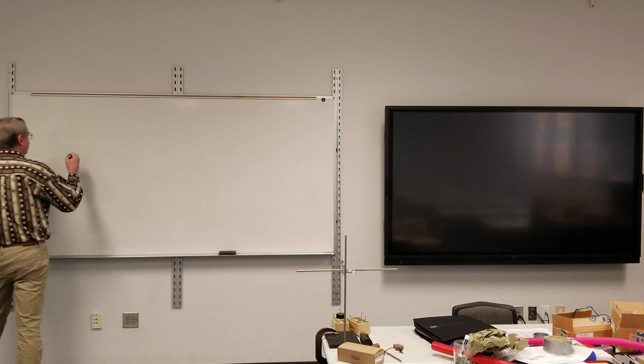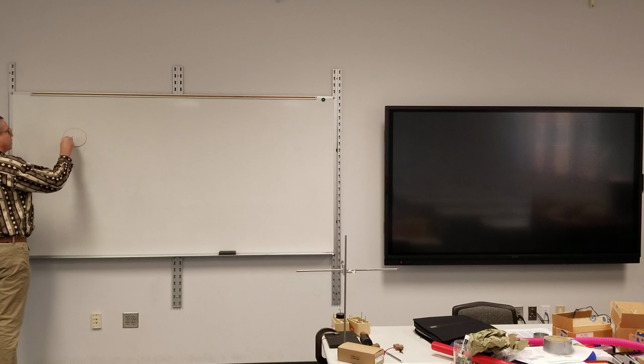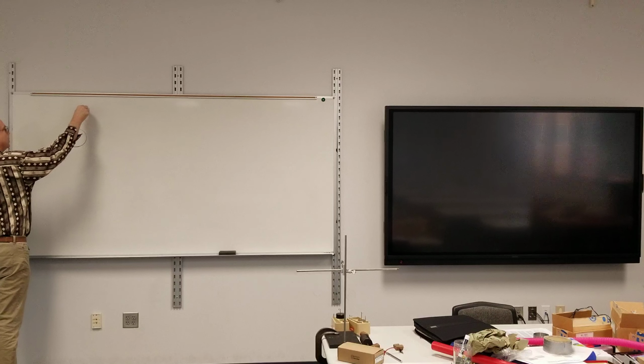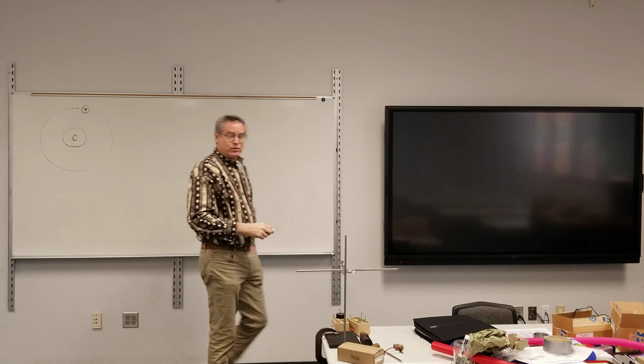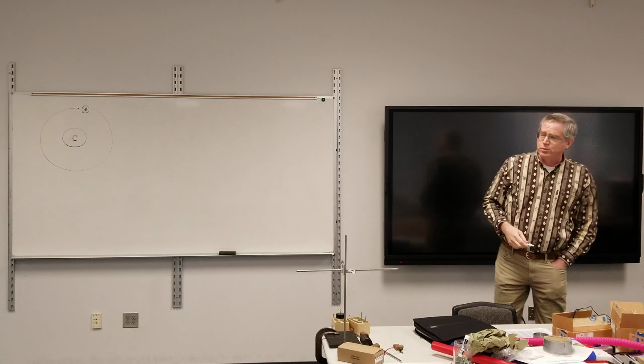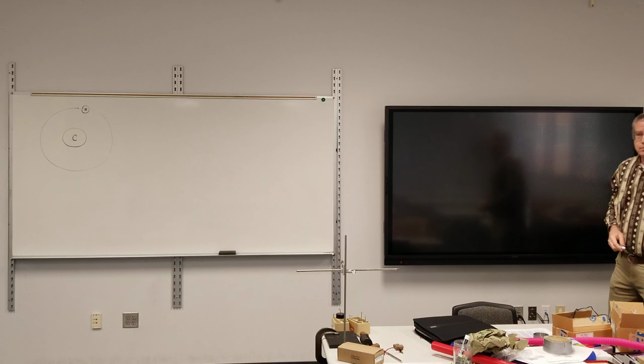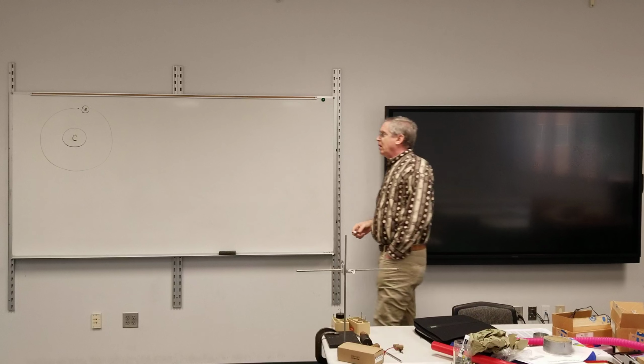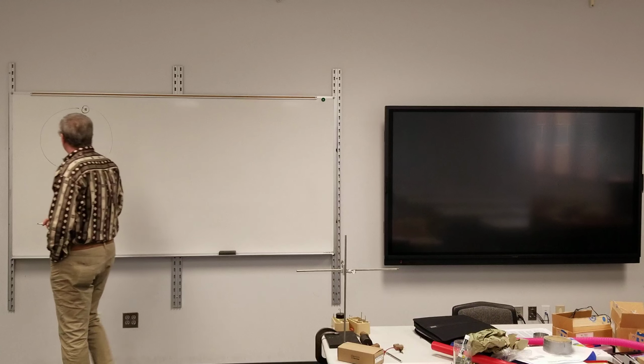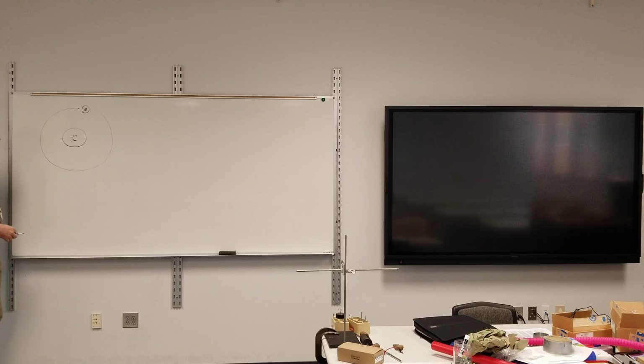Take a look at orbital motion again. C for central object and S for satellite. I mean, if you want to take Earth, Moon, that's fine. Sun, planet, doesn't really matter. I am going to assume a circular orbit. We have an object traveling at constant speed. If it's in a circular orbit,